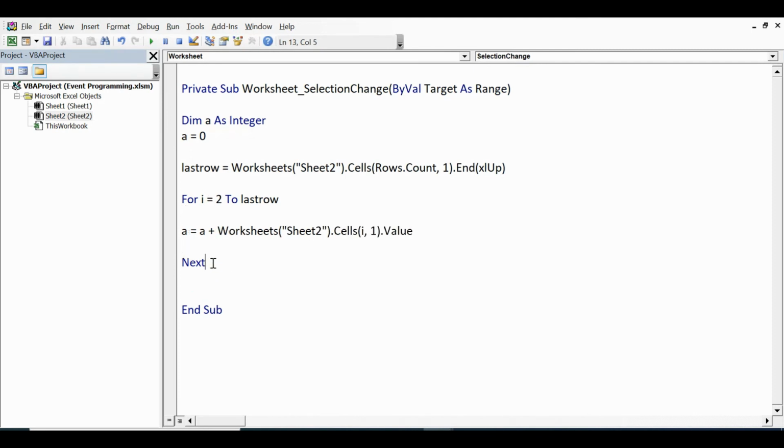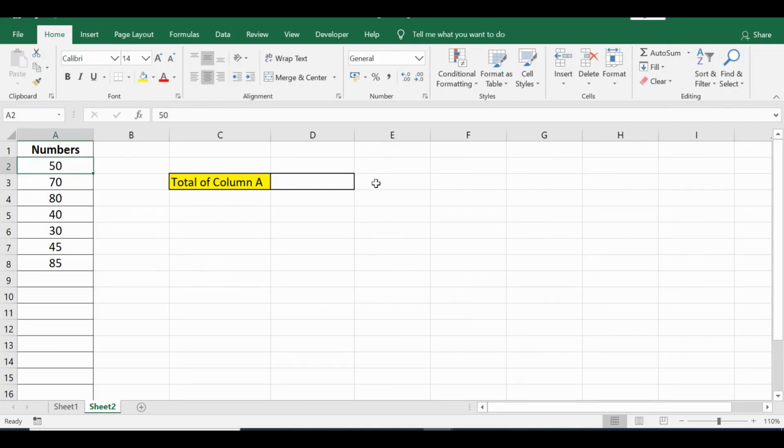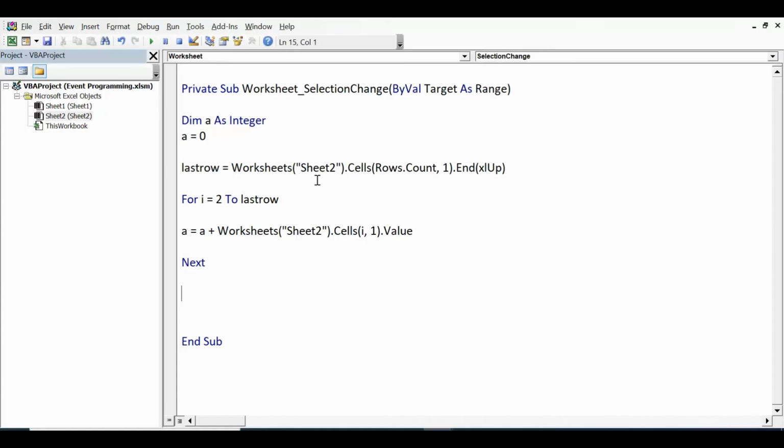And after Next I want to show the sum in cell D3. So here I'll write Worksheets("Sheet2").Cells(3, 4).Value = a, where 3 is the row number and the column is D, that means 4.